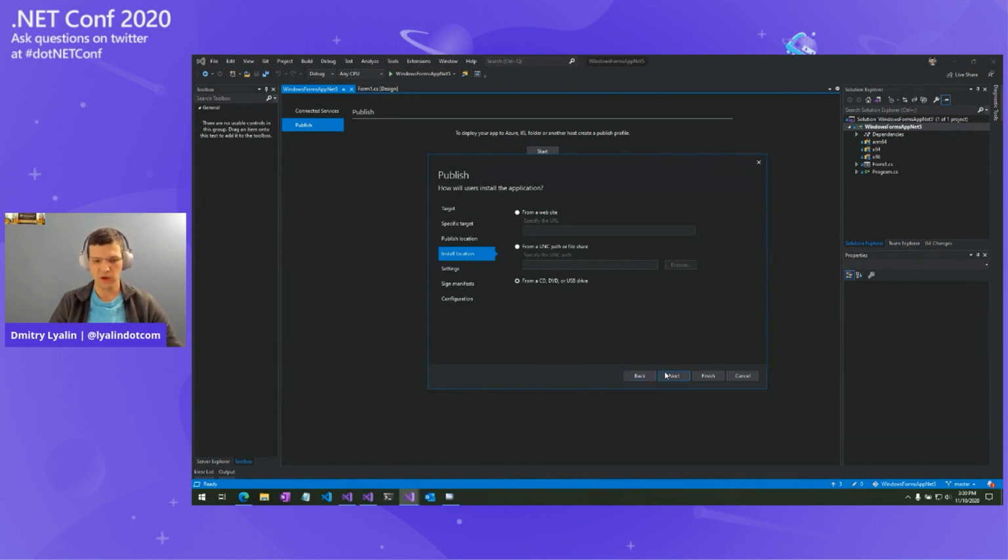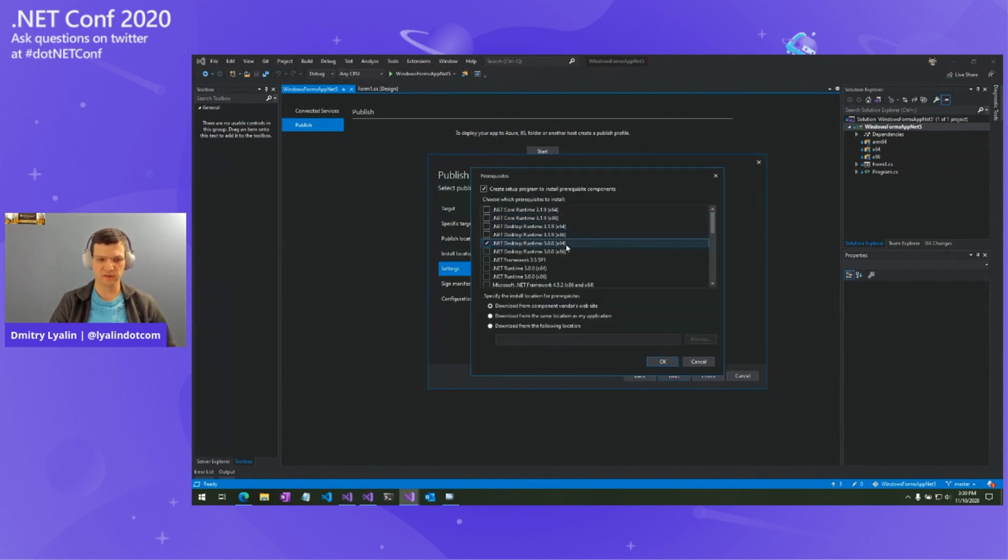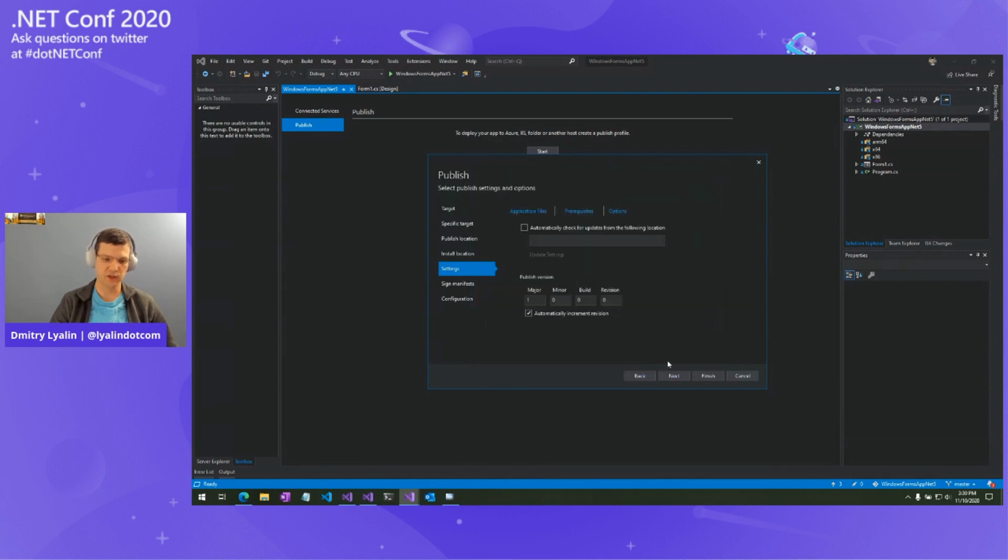And then you have the settings where you can set prerequisites. You can say that I need this thing to depend on a particular version of .NET to be available, and then it'll get packaged and installed by Click Once for you. So that's a powerful feature. You can then choose to sign the manifest and set a bunch of rules around that. And then finally, you have a lot of configuration that you can make at the end to say,